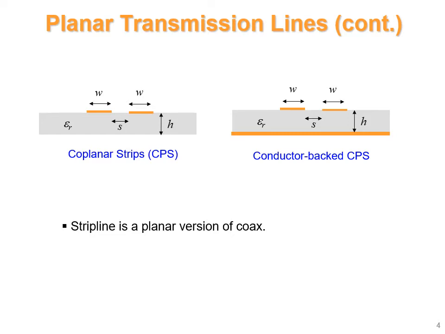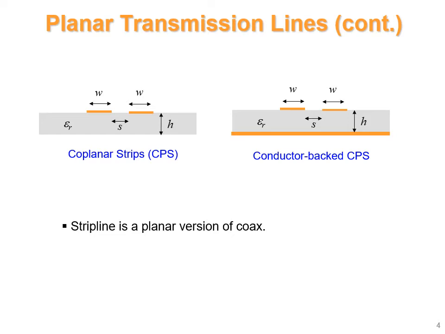In the structure of a strip line, the conducting transmission line is at the center. It is surrounded by a dielectric, above and below the conducting line. This dielectric is supported by two ground planes, one on the top and another at the bottom. So it resembles a coaxial cable.